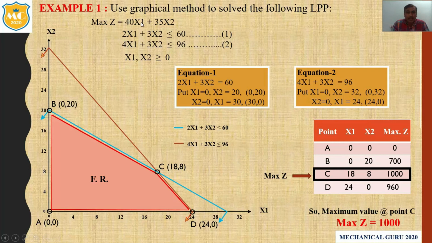Now in the same equation, put x1 is equal to 4. So x2 we can easily find out. Then we have to find out the value of x1, so put the value of x2 is equal to 4. So x1 we can easily find out, the value of x1 is equal to minus 3.5. So all the coordinates are put in this graph. The first coordinate is 0, 0, so this is the first point. Second coordinate, x1 is equal to 4 and x2 is equal to minus 4.5. So this is the second point here.